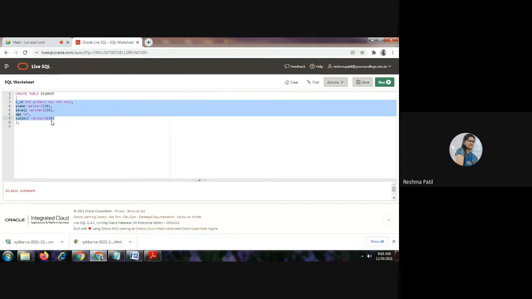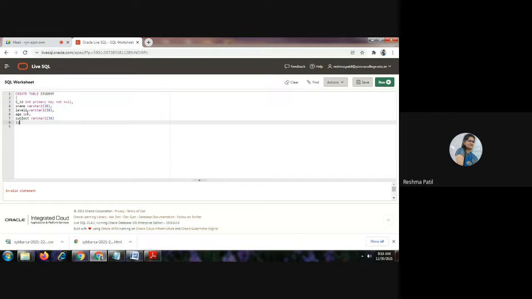Invalid statement, what is remaining here? Table created. Yes. First create this table, the student table. Are you doing right? Yes.